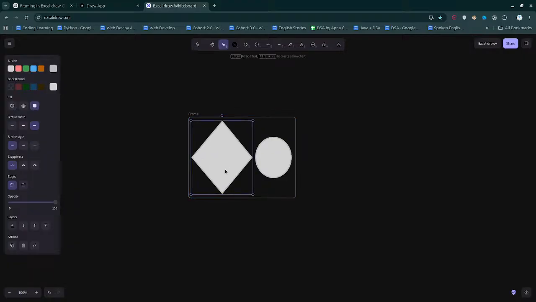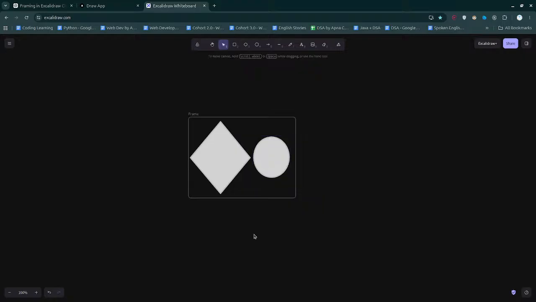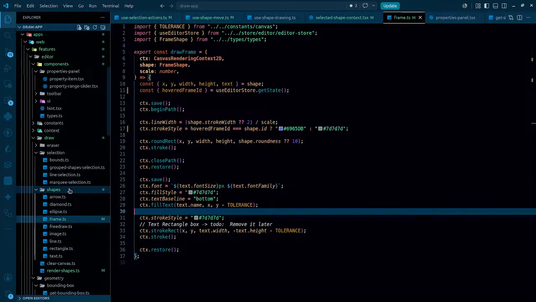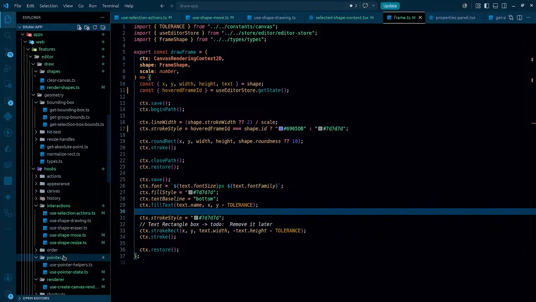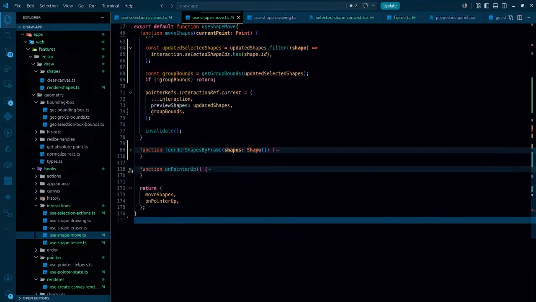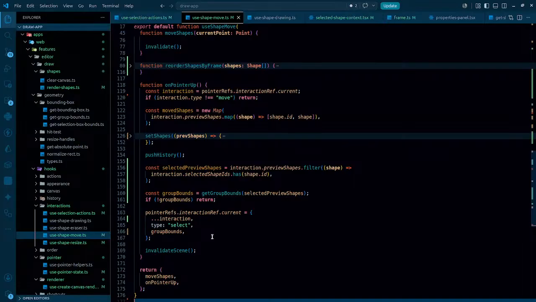As soon as we move it, whenever the pointer up actually happens, it just simply changes the color. So that is something we have to work on next. On pointer up, we have to reset the value. So after moving it, pointer up, whether we do something or not, the very first thing that we actually need to do over here is